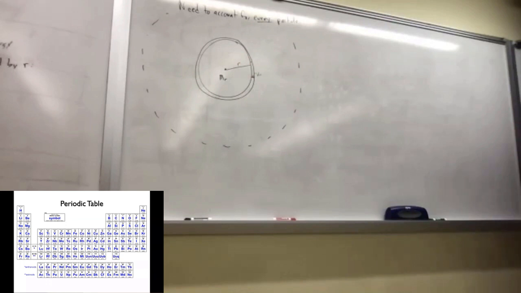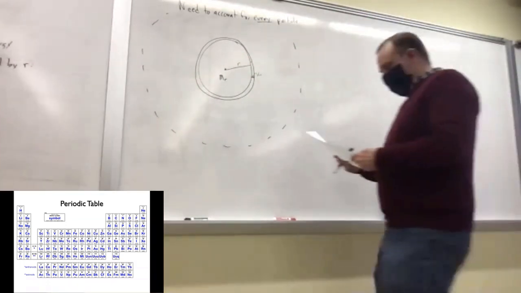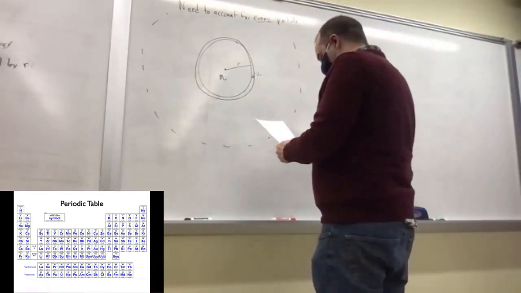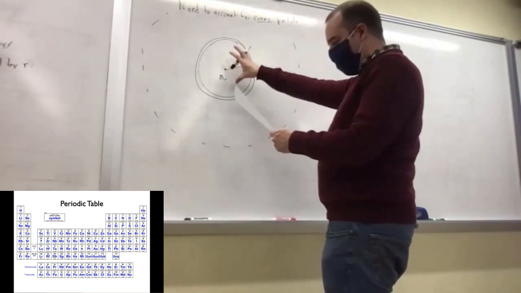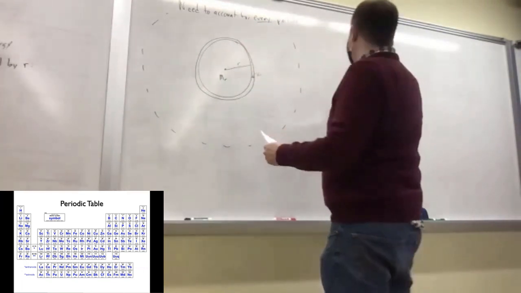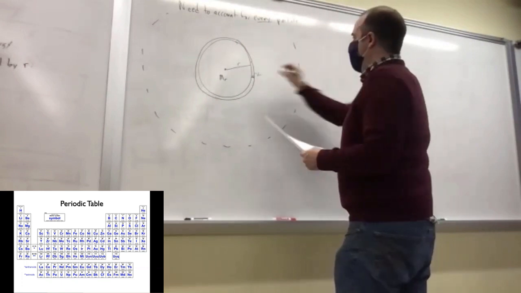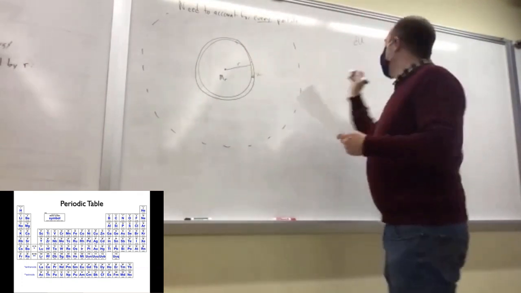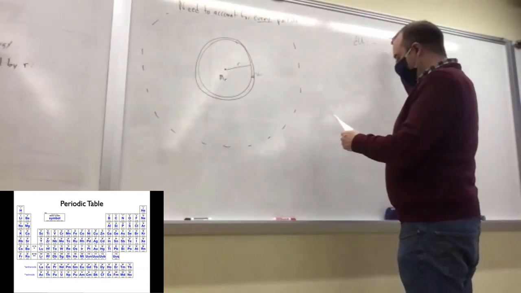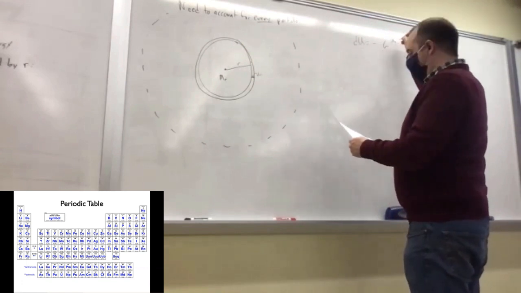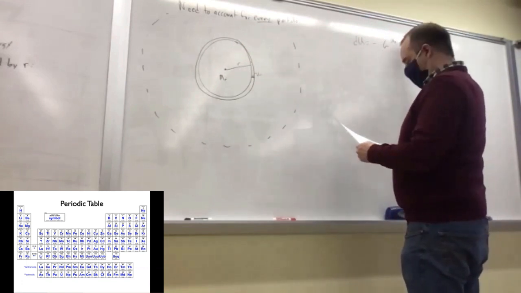Makes our life much, much simpler if that's the case. So we can ignore the mass outside the shell and assume all the mass interior is at the center. So dU across this shell is negative G times m(r) times